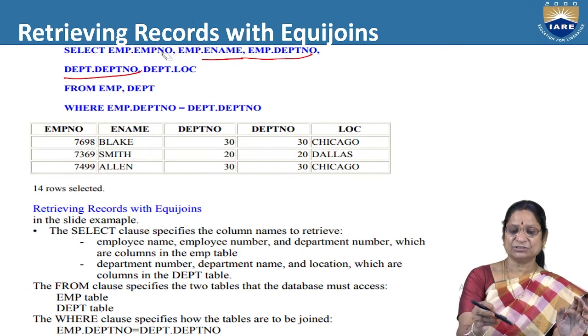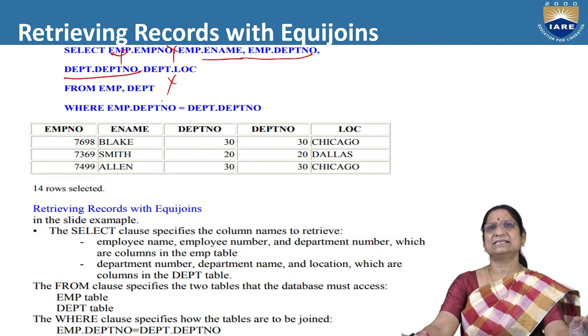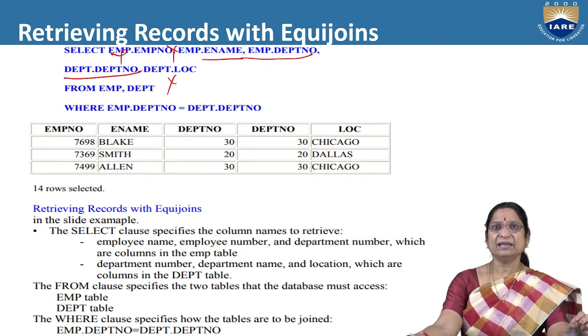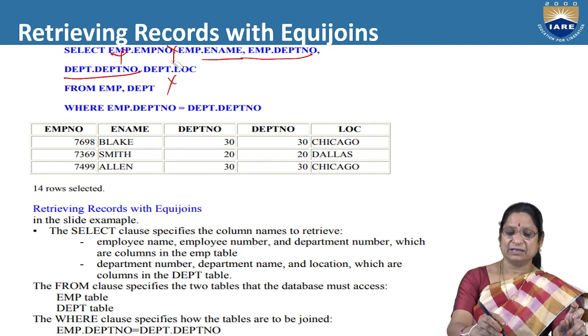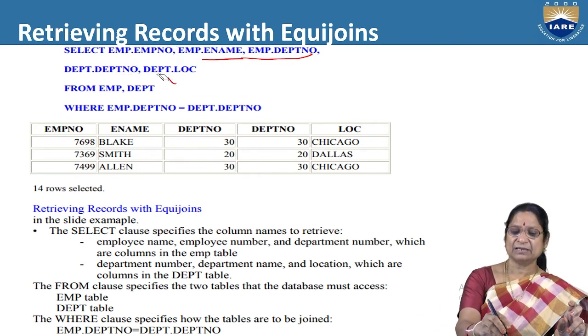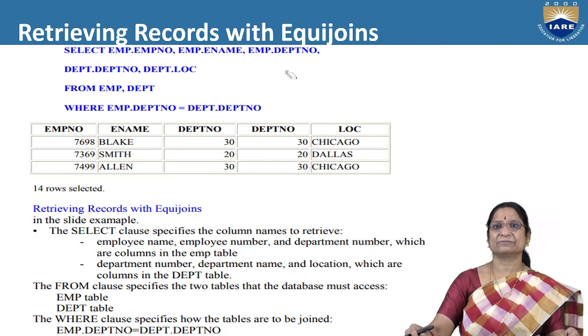In department location also it is not necessary. We have used it because it's a good practice. But generally, if columns are unique, there is no need to qualify them by the respective tables. But the columns which are duplicated in multiple tables must be qualified by the tables.